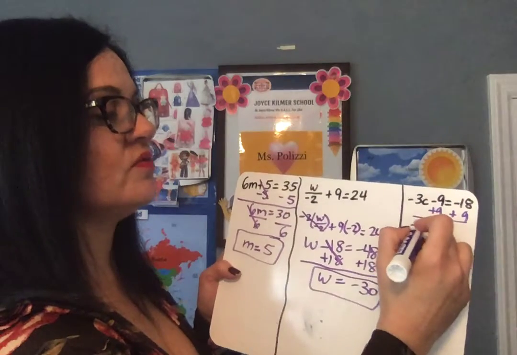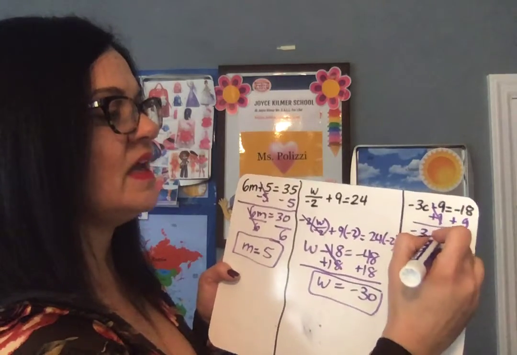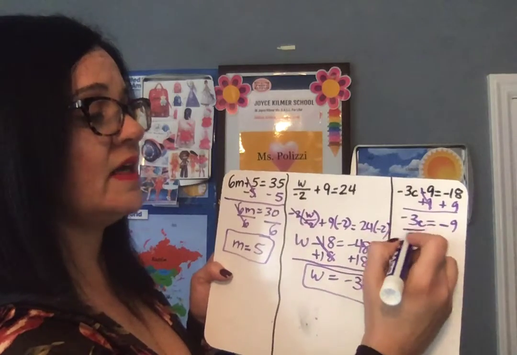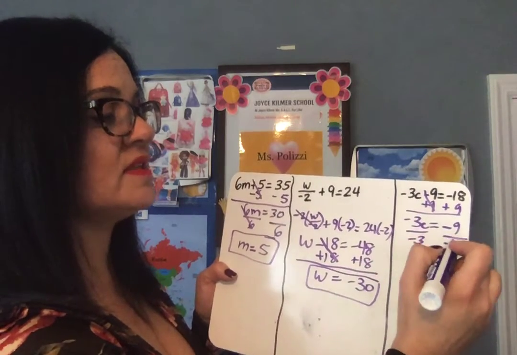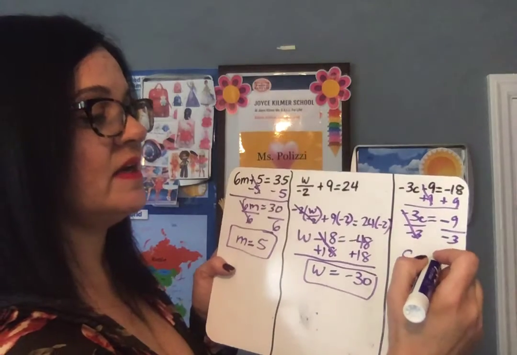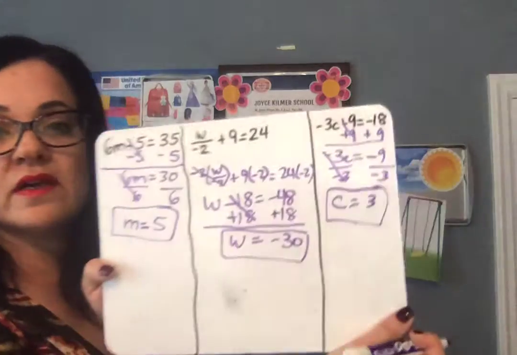Bring down your 3C, cross out your 9. 18 plus 9 is negative 9. Divide negative 3 on both sides. Cross this out. Negative 9 divided by negative 3 is 3, so your answer would be C equals 3, okay,